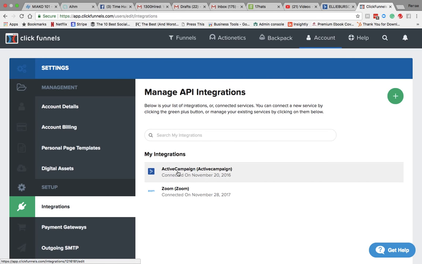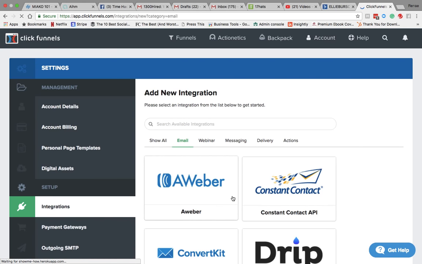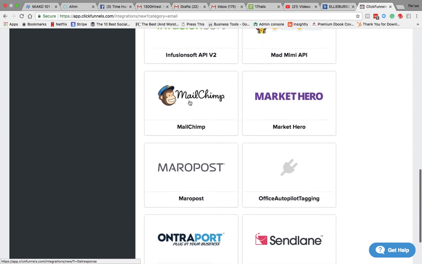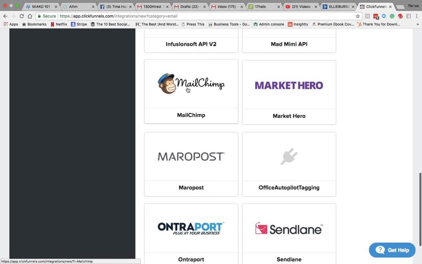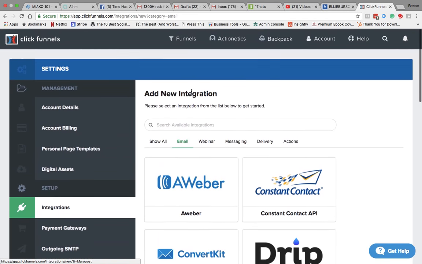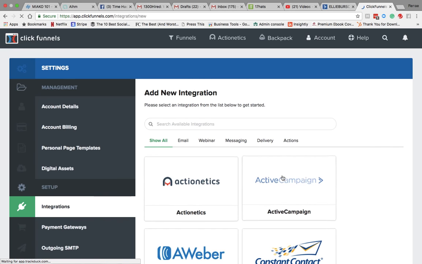We've already integrated ActiveCampaign here, but if you hadn't, you'll go up to the plus button, click on that. You'd normally go to email, but ActiveCampaign is sitting right there. But if you say have MailChimp or Ontraport or GetResponse as an email, you need to integrate that, you'd go in here and just click on whatever your email responder is. If it's not here, you might have to use a platform, something like Zapier, to connect it. But anyway, if we go back to ActiveCampaign, click on that,